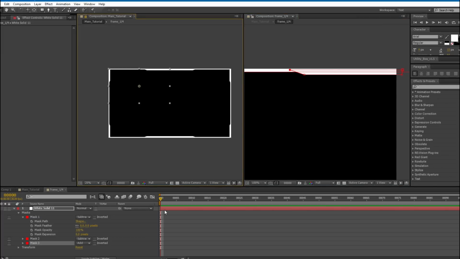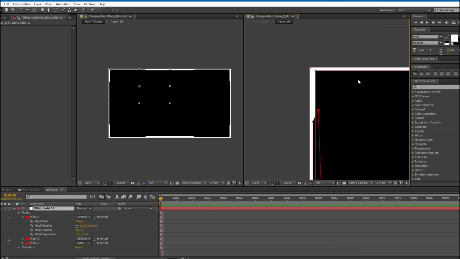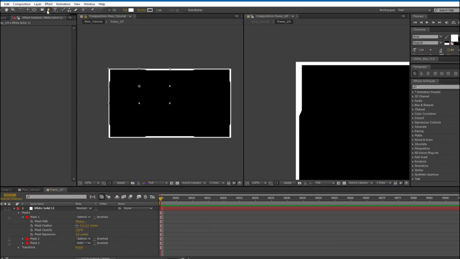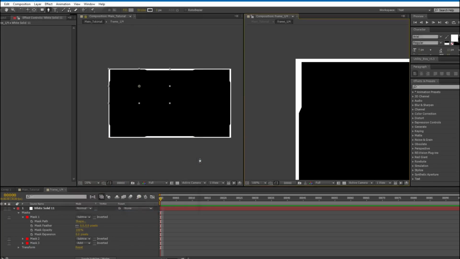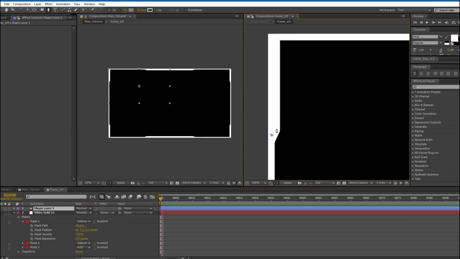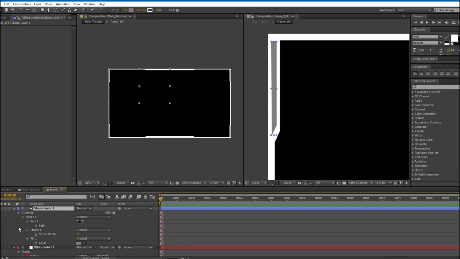Alright, and this is looking good, and let's create some more shapes. Let's grab my pen tool, and without having the layer selected, I want to add a new shape layer, and for fill I want to use 50% gray. Alright, and I will create a shape over here, hold down shift, and this will just create a new shape. And if I press U twice while having the layer selected, I can go to path, and if I click on path, then I can access the anchor points and move these around, also by using the arrow keys on the keyboard,